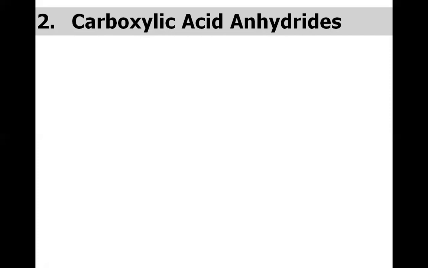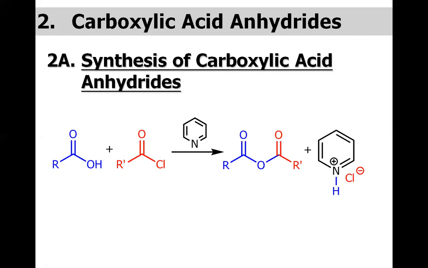Now let us discuss a relatively less stable, less reactive carboxylic acid derivative, which is called the carboxylic acid anhydride, with respect to the acid chloride. However, still it is even more reactive than the ester and the amide. Now discuss the synthesis. It may be formed from the carboxylic acid and the carboxylic acid chloride in the basic medium to have this mixed anhydride form. The mechanism of this reaction we have discussed when we were discussing the reaction of the carboxylic acid.